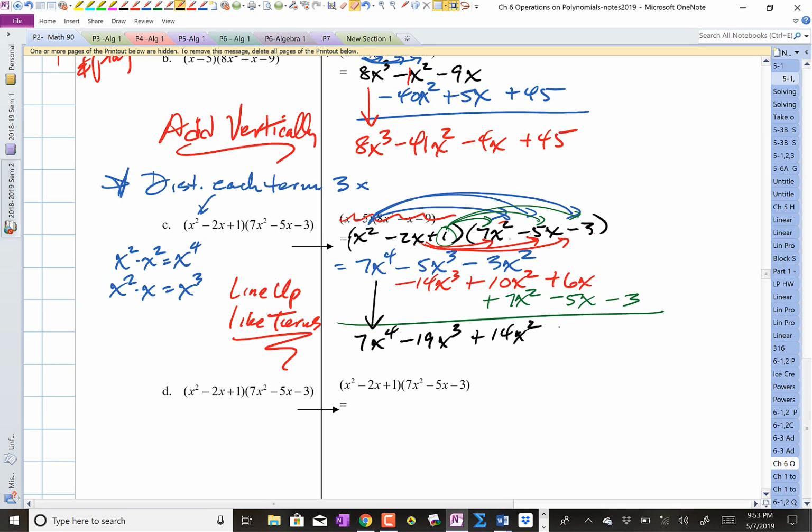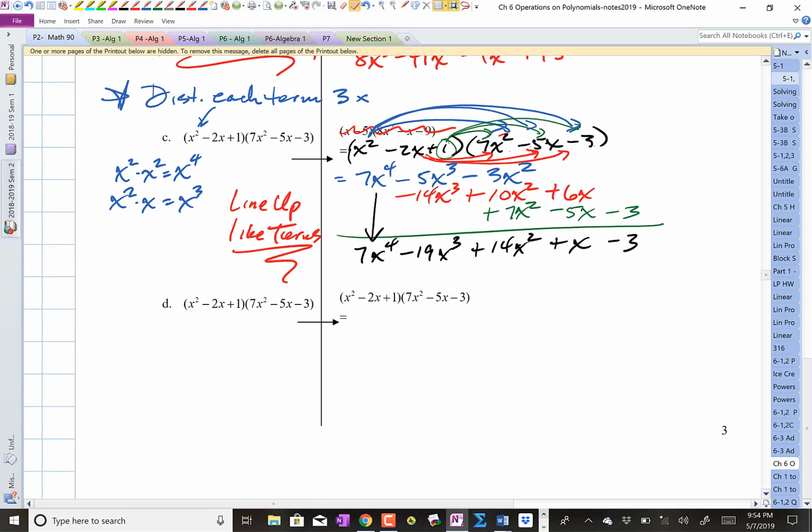And if you have 6x minus 5x, that's just 1x or x, and then bring down the minus 3. And notice it's in standard form or descending order. Okay, and that's all there is to it. All right, so now